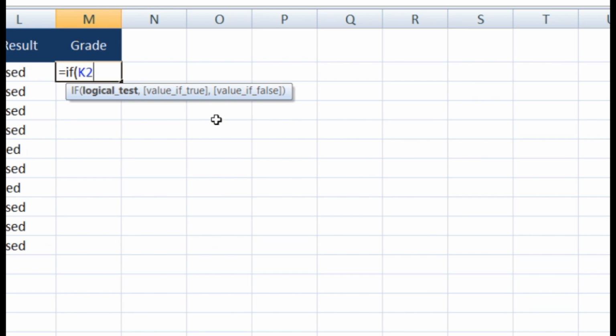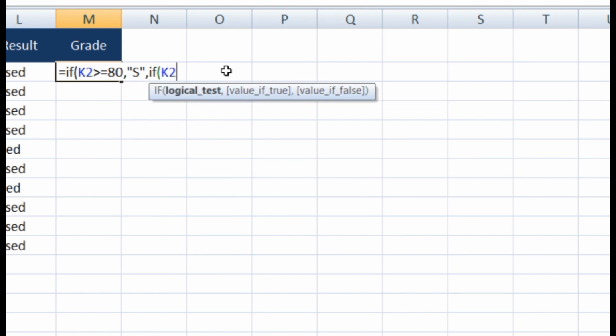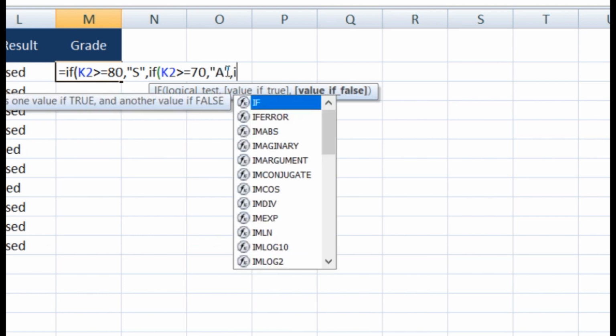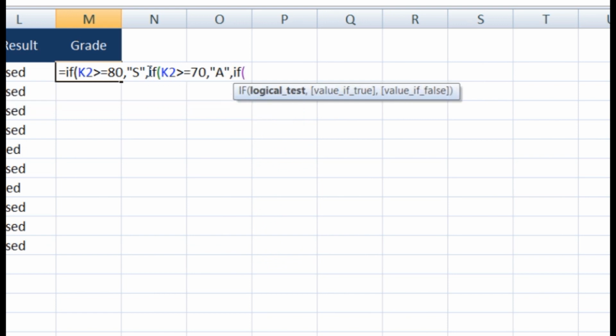If percentage is more than or equal to 80, then grade is S. And if percentage is more than or equal to 70, then we have to give A. And if percentage is more than or equal to 60,